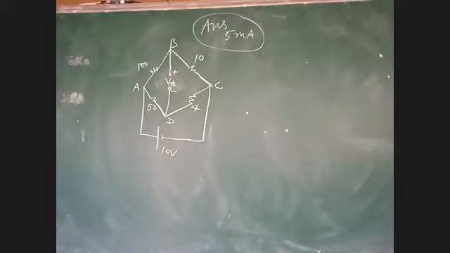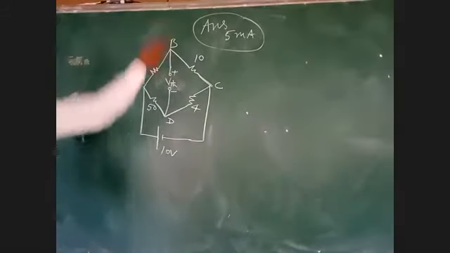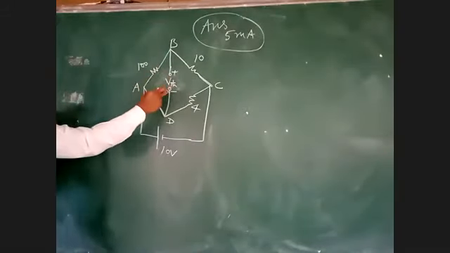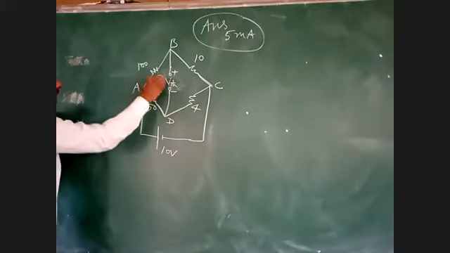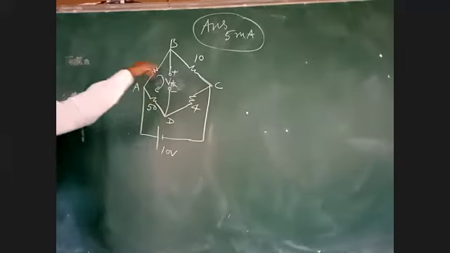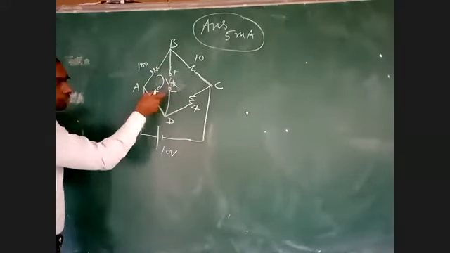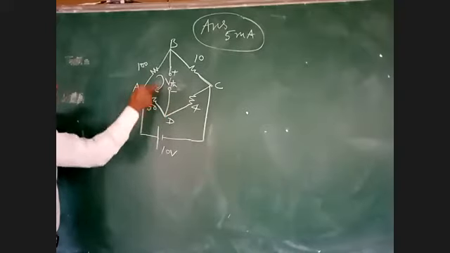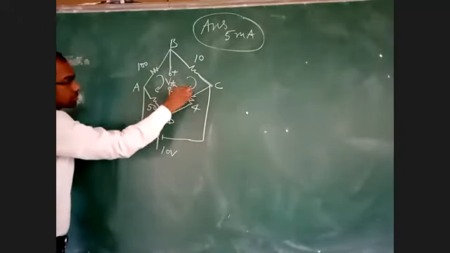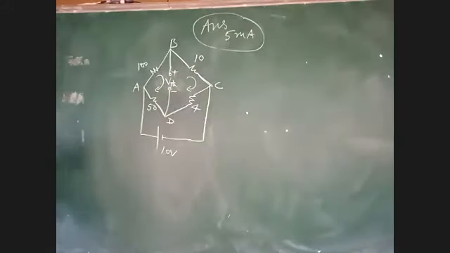Okay. Now I will determine VTH. For determining VTH, what do we have to do? We have to consider one reference direction. Actually, that is not the current direction. Here the current is 0 because it is an open circuit. We are opening this 20 ohm. I can consider one reference direction in this direction or in the reverse. Otherwise, we can take this loop for determining VTH, either this direction or the reverse direction, any direction. That is not the current direction. That is only a reference direction.